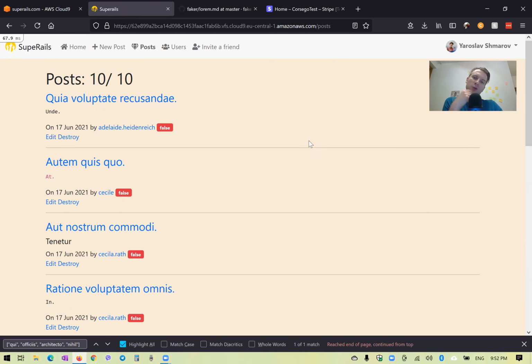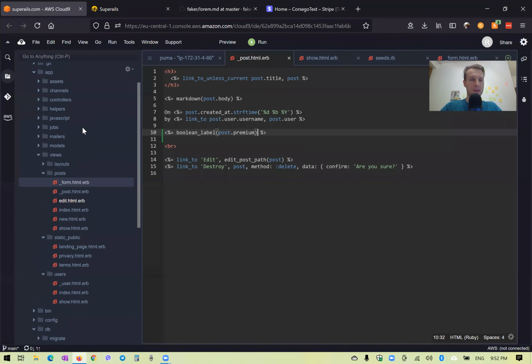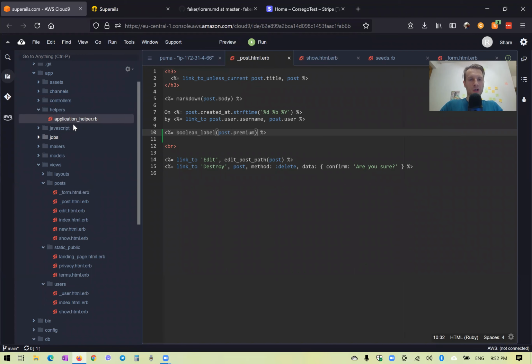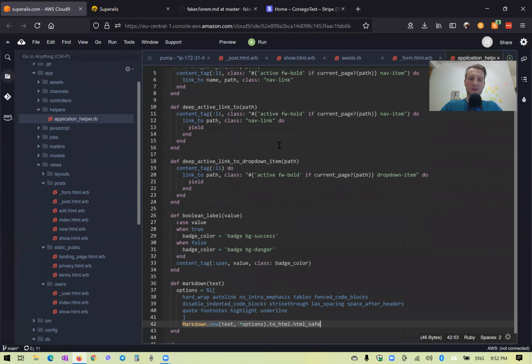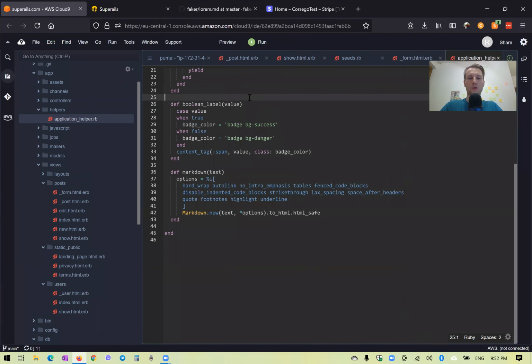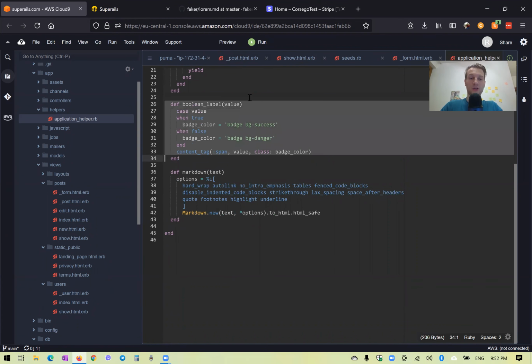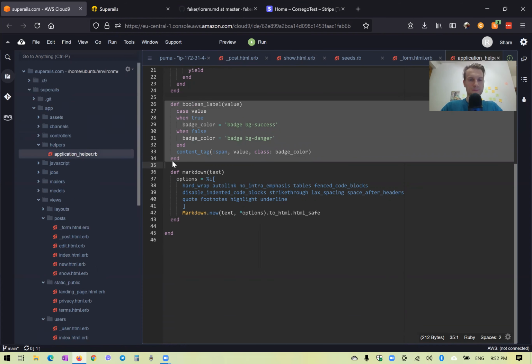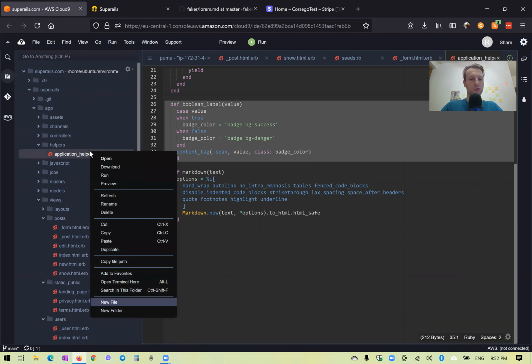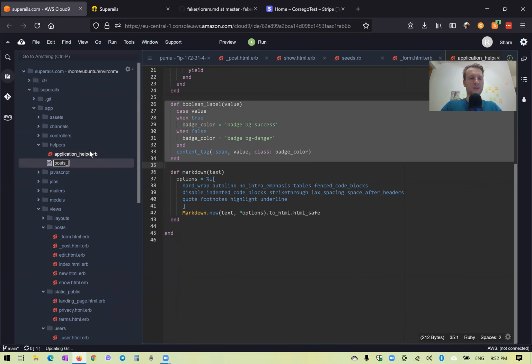Well, in this case, we don't want to have true or false. We want to have something like premium or free. So we would actually edit our helper. Let's go to our helpers, application helper, and here we have this helper for boolean label value. And let's create a separate helper for our posts. So we'll go to new file, posts helper.rb,